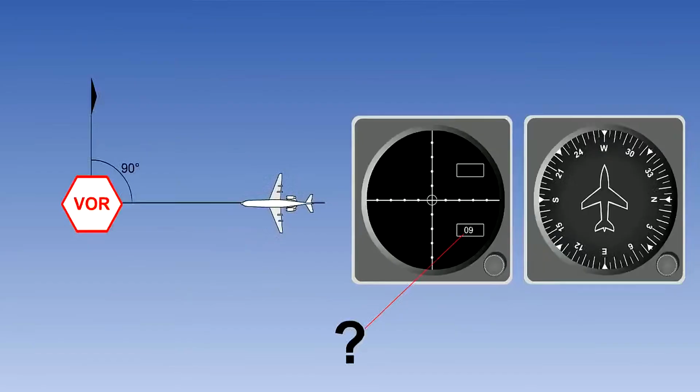Confusion comes when you fly towards a VOR, for example, on a heading in still air of 270. Do you set 090 on the OBS, because you are east of the beacon, and you appear to be on the 090 radial at present, with the needle in the middle? No. When you fly to a VOR, set the reciprocal of the radial you are on, which will be the same as your heading in still air, and on the other side of the VOR. So, if your heading is 270, the OBS should be set to 270, and the flag will show to.